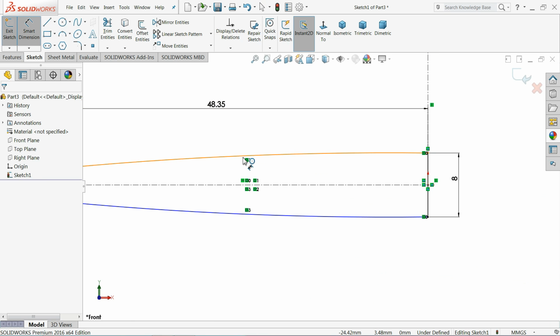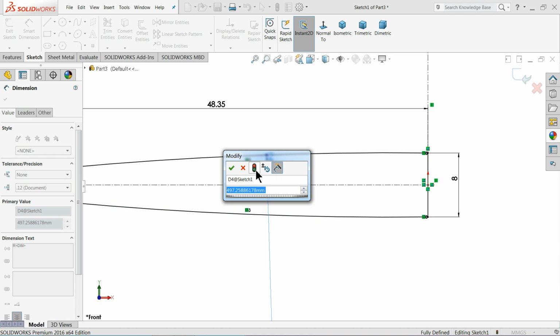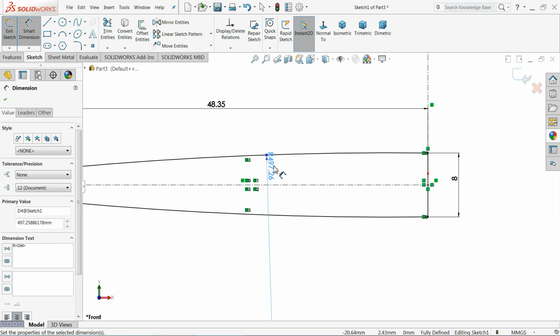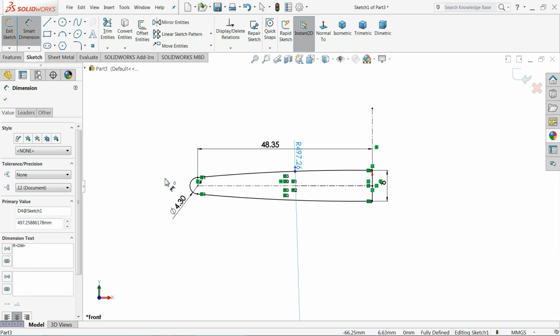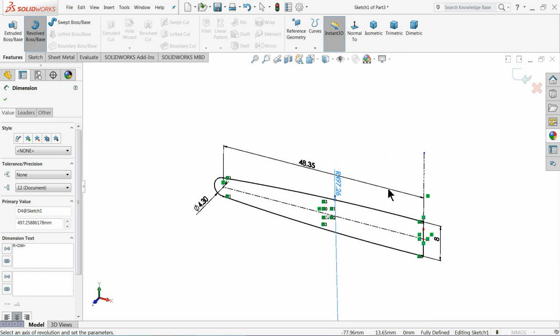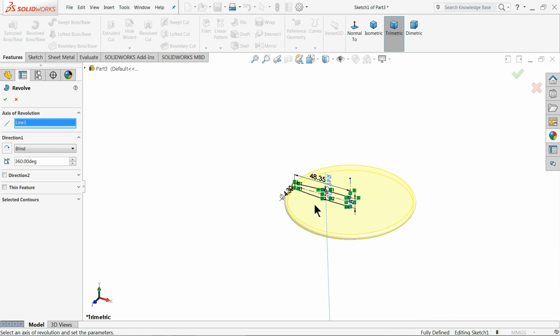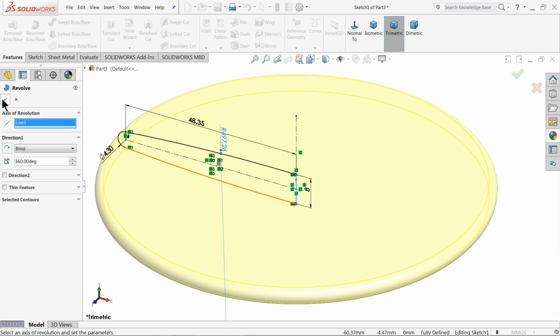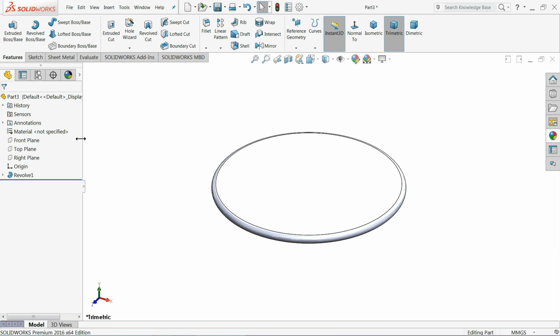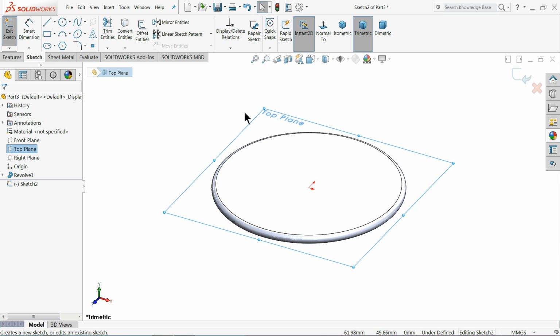If you like, define this any radius, it's not that important. Revolve boss base. Select this vertical line as an axis of revolution. Keep 360 degree. Okay. Select here top plane, sketch,